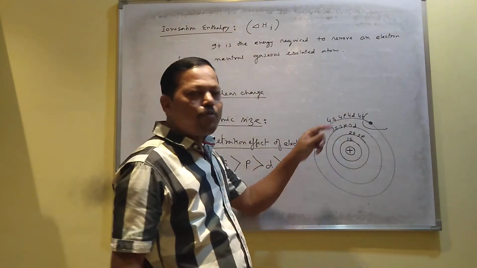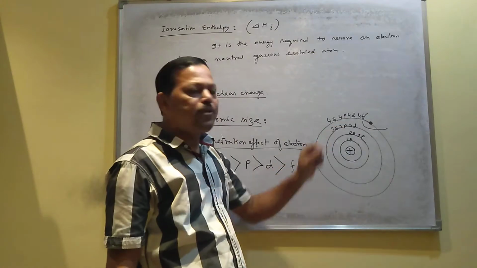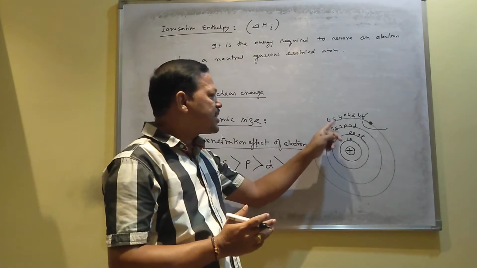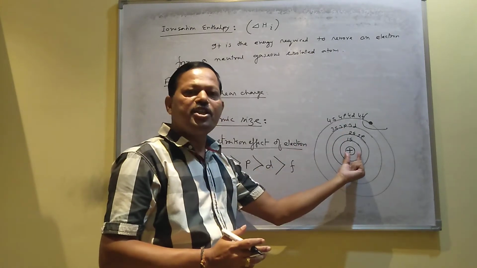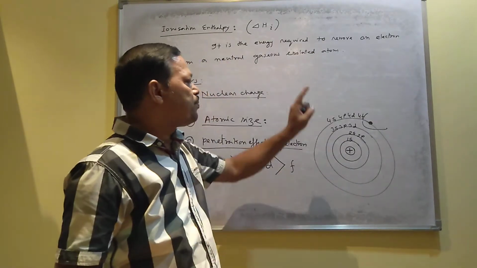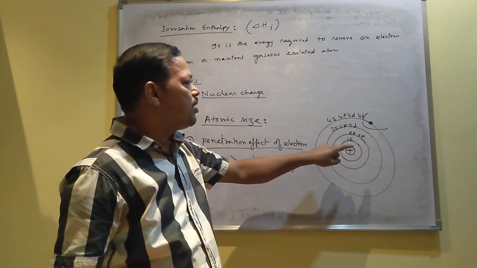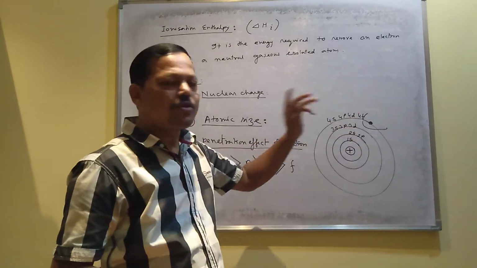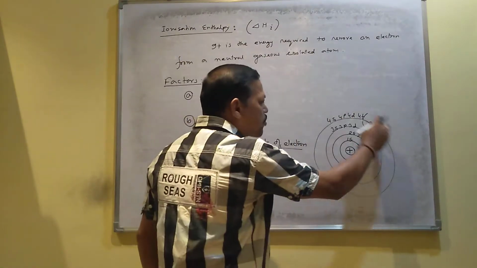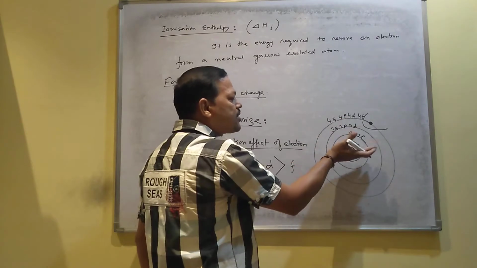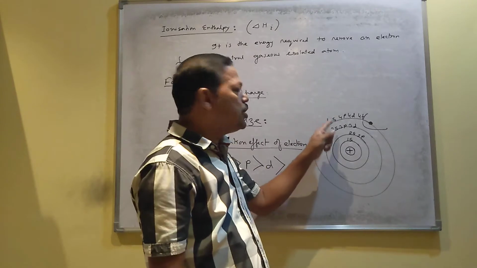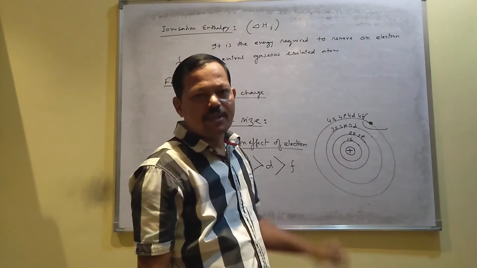As you know, the shape of the s orbital is spherical, and the shape of the p orbital is dumbbell. Due to the spherical shape, s electrons are more penetrated by the nucleus. I mean, s electrons are more attracted by the nucleus, and that is why it is difficult to remove the s electron compared to the p electron, the d electron, or the f electron. So although they are present in the fourth cell, at the same distance from the nucleus, the energy required will be different due to the presence of different subcells.